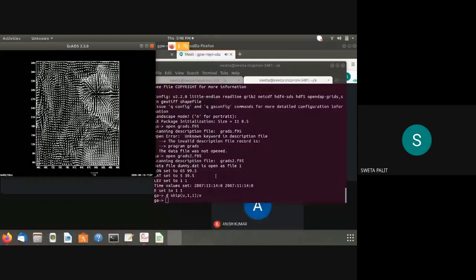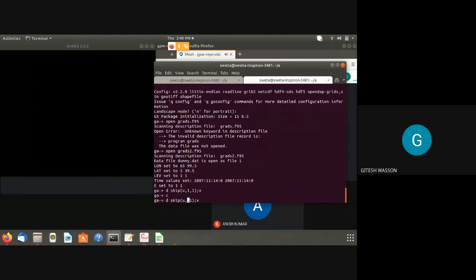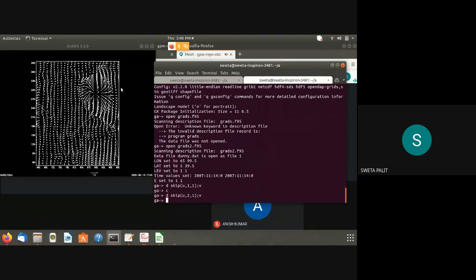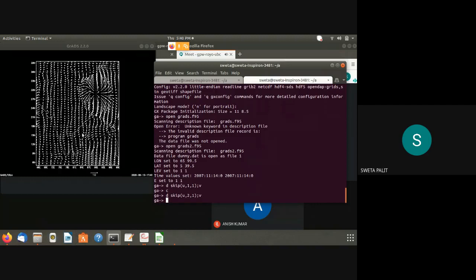Sir, one second. Yes, sir. Actually the arrows are a bit clingy. Instead of converging, it's diverging. And where the cyclone should have been here, it's up. So it's not reading in the correct order, sir. This is where the cyclone should have been, but it's obviously coming here in the completely opposite direction.